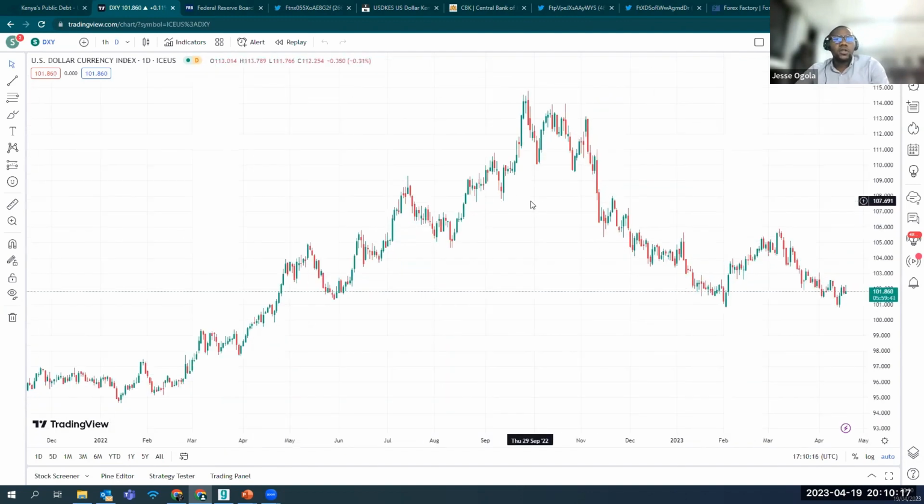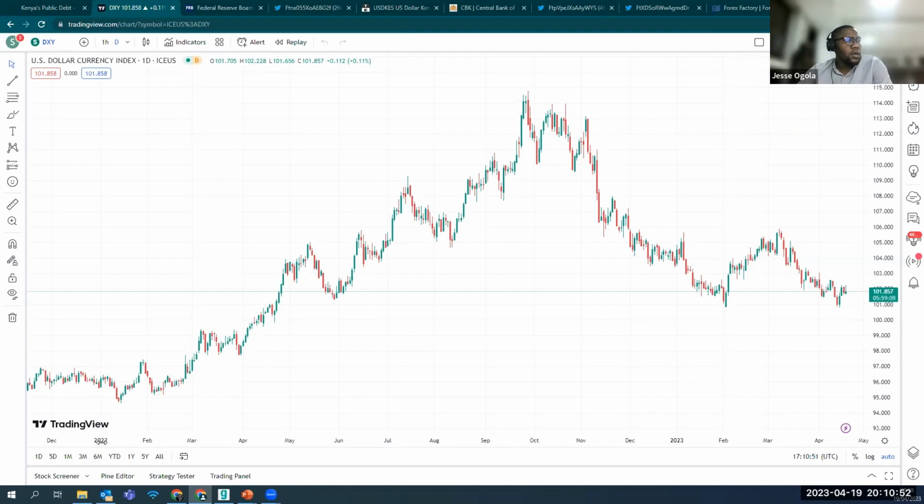Excellent. Number one, the dollar index. It basically is a basket of currencies compared to the dollar, the major pairs, of course. Investors use it to track how strong the dollar is going vis-a-vis other currencies like the euro, the Japanese yen, or even the Australian dollar and the Canadian dollar. You can see over the last couple of years, including today, it has been steadily rising, especially during the last year, 2022,